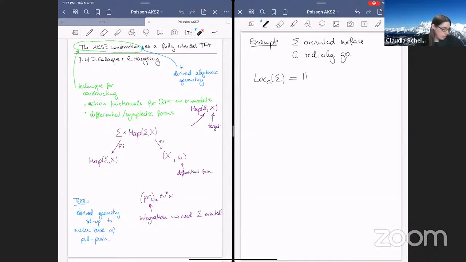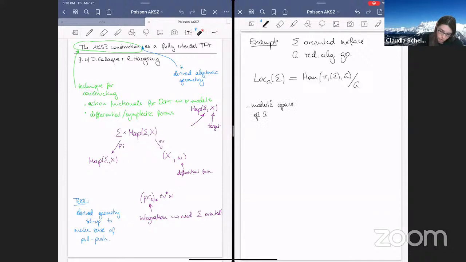Okay, so G-local systems. The simplest way of describing G-local systems on a surface is just by taking homomorphisms from pi1 into G, and then we have to mod out by the G action. So that would be G-local systems on our surface. But actually, we want to think about not just the set of these things, but we want a moduli space